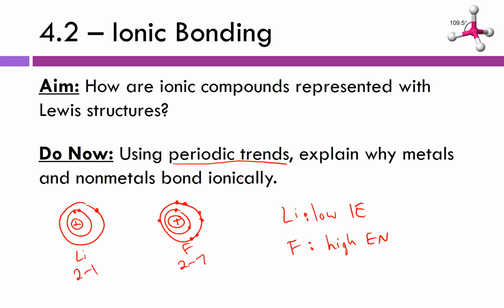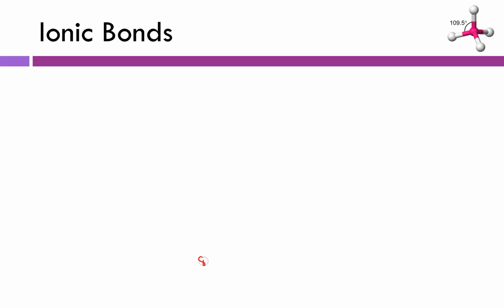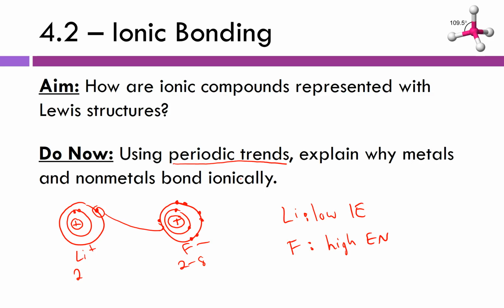So when these two interact and go to bond, fluorine is going to pull really hard on that electron, and lithium isn't going to be able to hold on to it because it has such a low first ionization energy. Therefore, it's really easy to get that electron to transfer, leaving us with Li plus and F minus, and that changes the electron configuration to just 2 for lithium, and 2-8 for fluorine. So again, we're just really going to focus on this today and look at how these different ionic compounds are